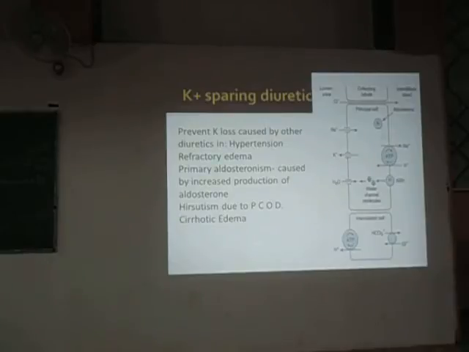But if this aldosterone peptide is decreased, what can happen? Less amount of channel is expressed on the luminal side and less amount of sodium potassium ATPase system works on the basolateral side. So